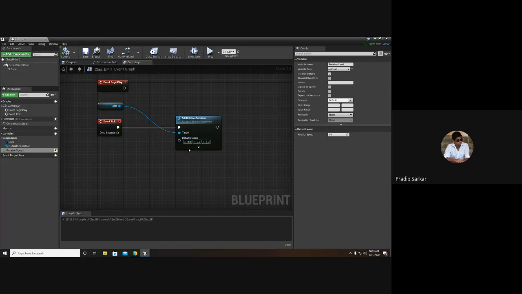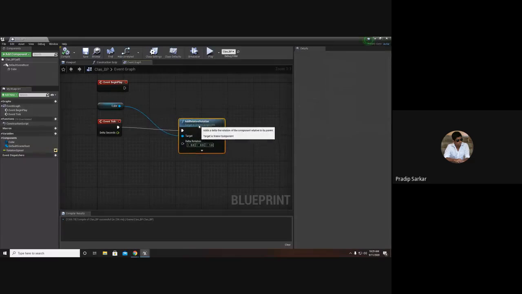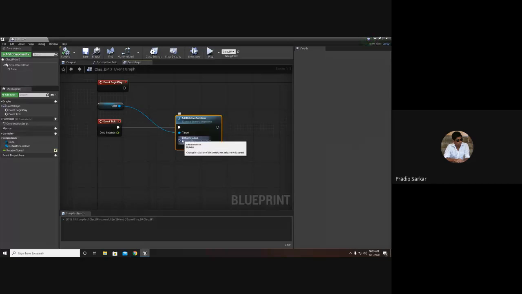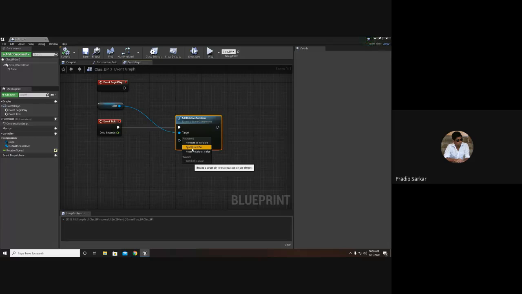So now I have a float, but this delta rotation is asking for three variables. So I will split this delta rotation. How can I split it? By right clicking on the delta rotation, which gives me three options: promote to variable, split the struct pin, or reset to default value.